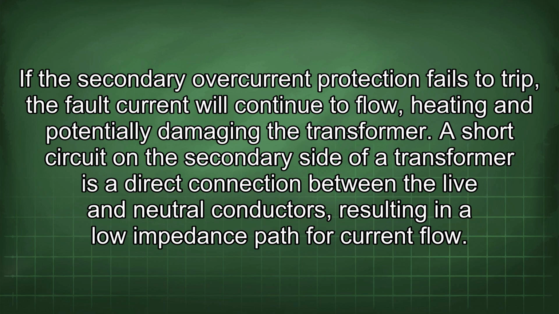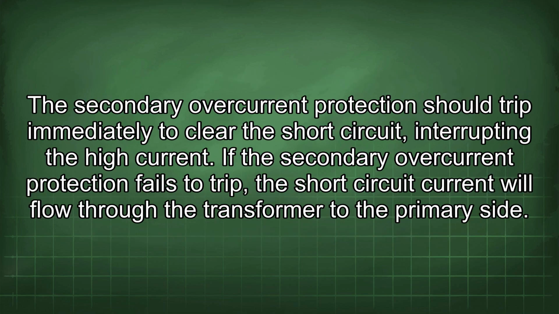transformer. A short circuit on the secondary side of a transformer is a direct connection between the live and neutral conductors, resulting in a low impedance path for current flow. The secondary overcurrent protection should trip immediately to clear the short circuit, interrupting the high current. If the secondary overcurrent protection fails to trip, the short circuit current will flow through the transformer to the primary